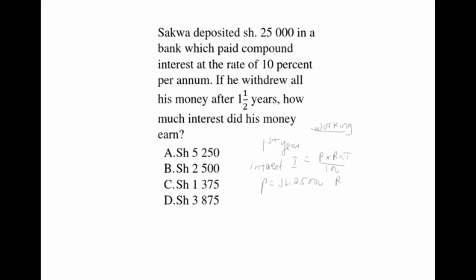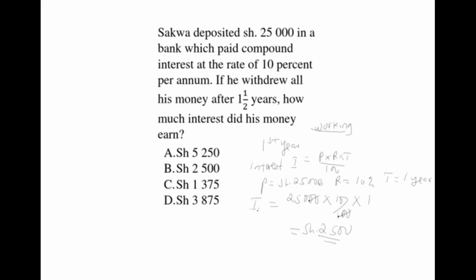We have our rate R as 10%, and we have our time as 1 year. So to get the interest, which we are going to call I1, we get principal 25,000 times 10 over 100 times 1. Cancel these zeros with these zeros. 250 times 10, we get 2,500 shillings